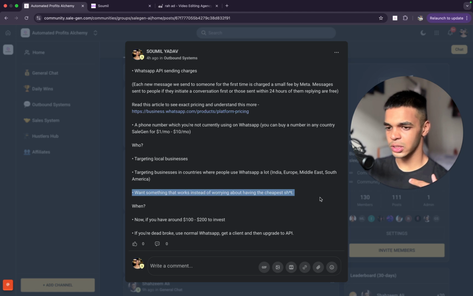Like we have WhatsApp support for unofficial WhatsApp inside a platform as well. But if you're the cheapskate, the person who tries to look for the best deals, who collects coupons, who looks for discount coupon codes when ordering a pizza at Domino's, and you would happily waste 20 minutes of your time to save $1 or two, then this is definitely not for you. But if you're the person who's like, I just want guaranteed results, I want results fast, and I don't mind paying the price, because the best things in life obviously require money,